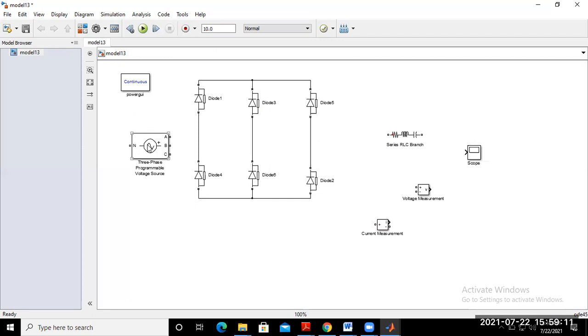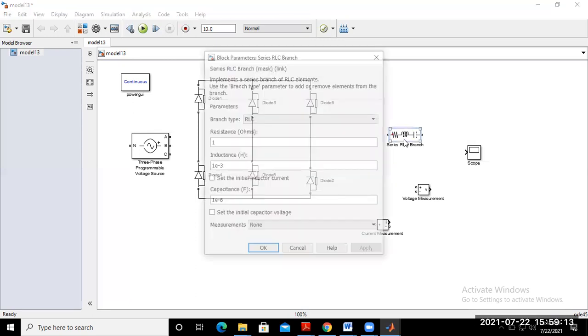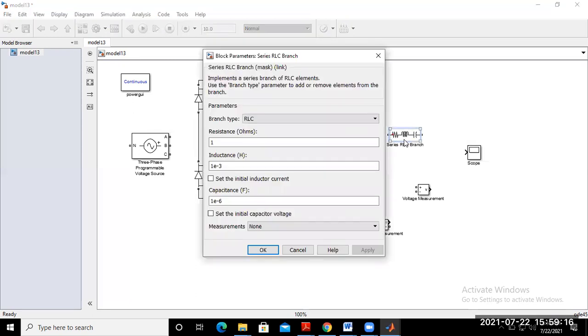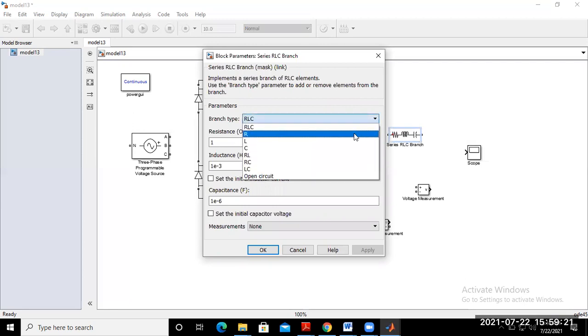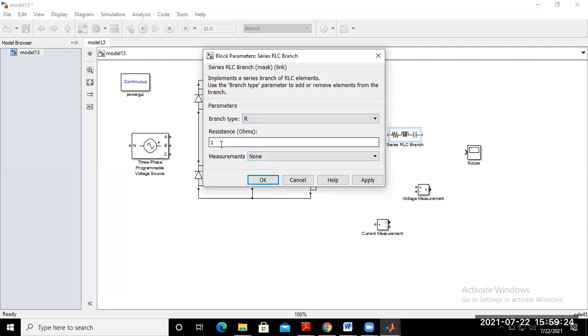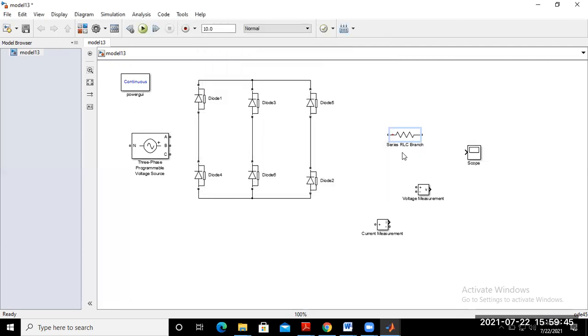Before that, you may connect this load resistance. That means you require a pure resistive circuit. So just click on the RLC circuit and choose according to your requirement. For pure resistance, just select it. And you may put here any value of the resistance, that means 10 ohm, 5 ohm, whatever you may want. Or otherwise, you take the default value 1. Okay. So here, suppose 10 ohm or whatever you may want, apply and okay. So your load becomes a resistive circuit.